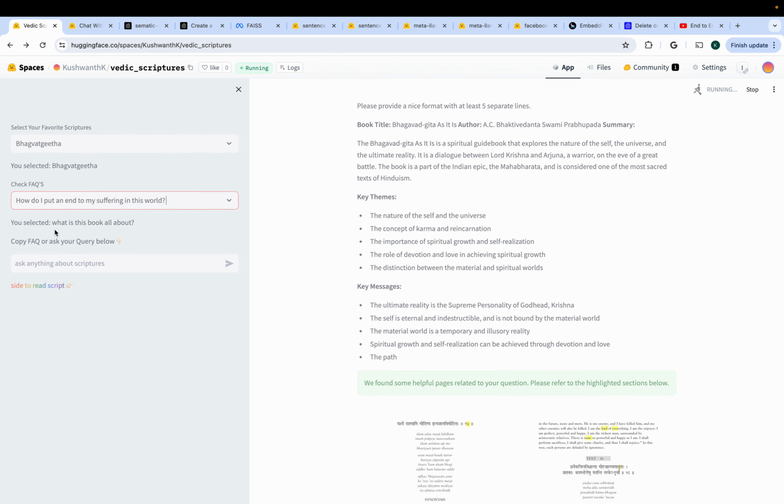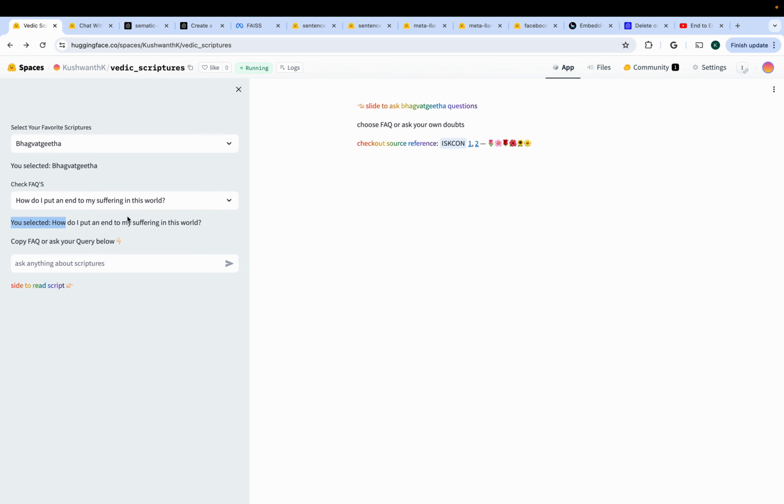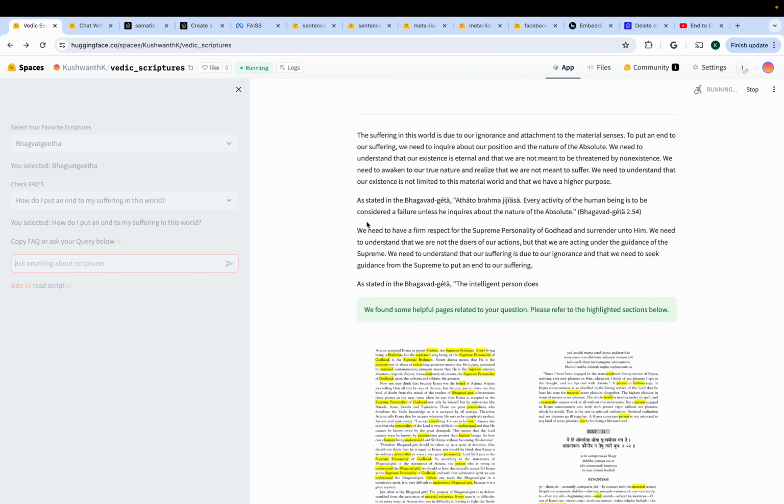I can pick some other interesting question. Okay, how do I put an end to my suffering in this world? Let's ask this question and see what response the LLM can provide based on the question and the context. The suffering in the world is due to our ignorance and attachment to the material senses. To put an end to suffering, we need to inquire about our position and the nature of the absolute. We need to